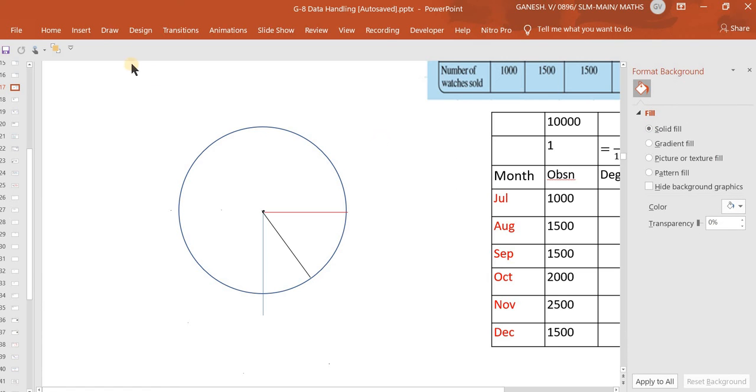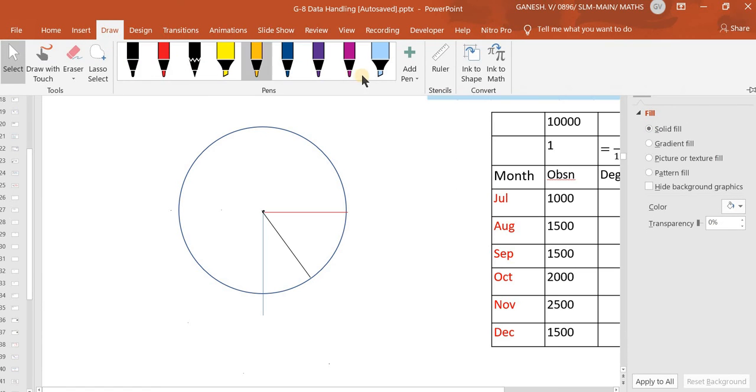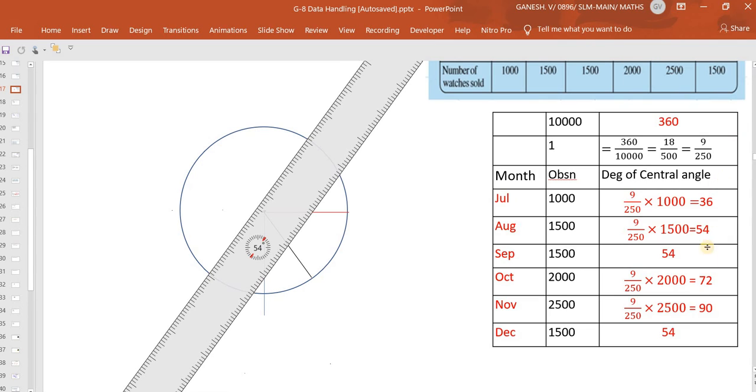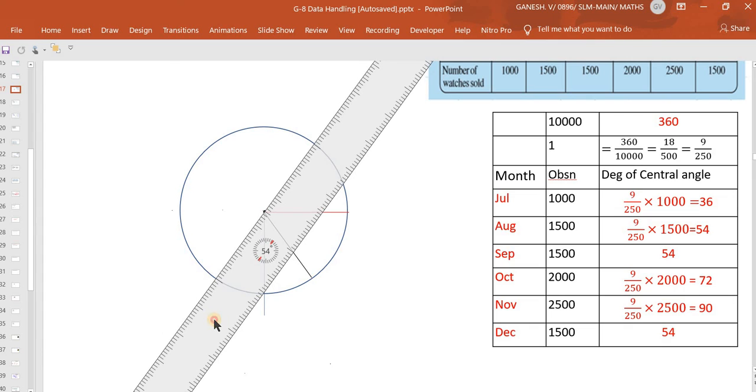I can invoke the scale first. Now what I want is the next one: for the month of September also it is 54 degree. The ruler is already set at 54 degree. I can just draw one more line.